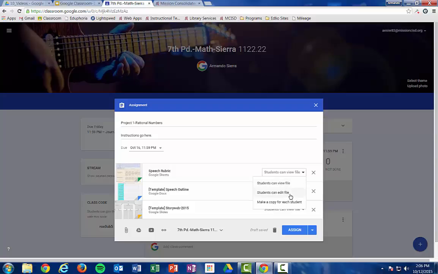The next one says students can edit file. Now, what's going to happen there is there's going to be one file, and that one file will be editable by all students and myself. Now, there might be some good times or some good reasons to actually have that enabled, but in this sense,